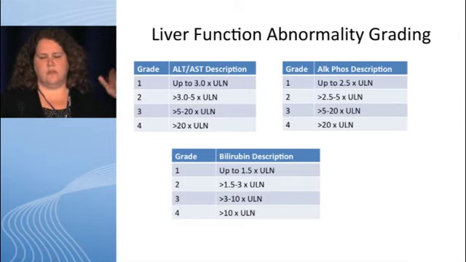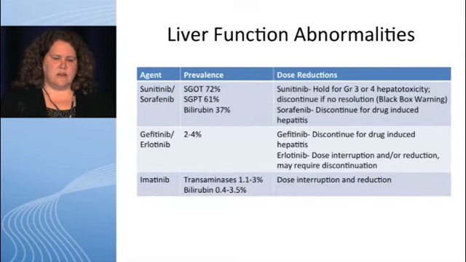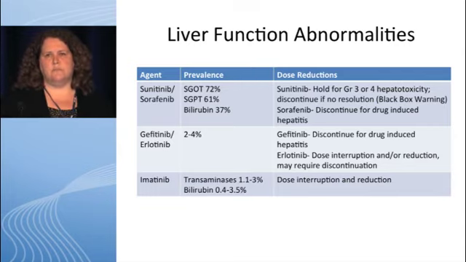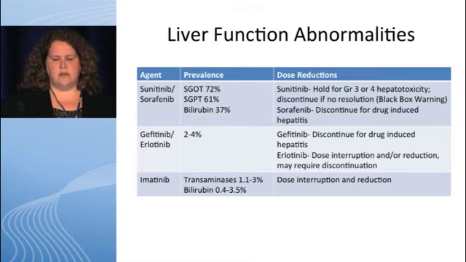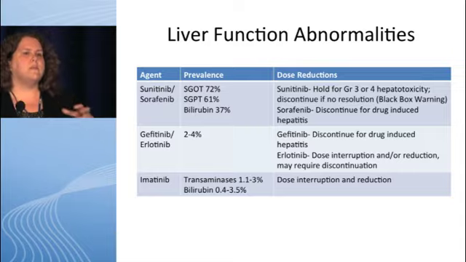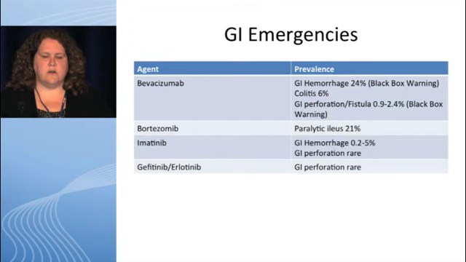Those are in your slides, that was our case study. And so if you look at the incidence, it varies widely, but sunitinib and sorafenib are really the highest offenders in that group. Again, I do not try to remember any of this. I always go to the package insert and figure out, is it time to hold, is it time to, but some of it is patient specific. If the LFTs are really starting to skyrocket very suddenly, you really may not wait for them to get to a certain grade to do something different.